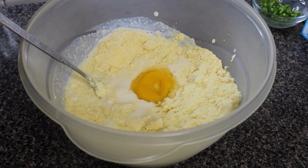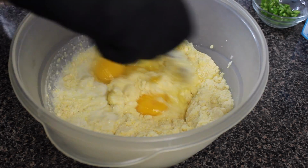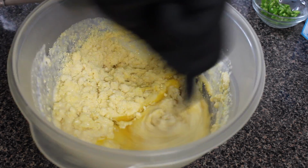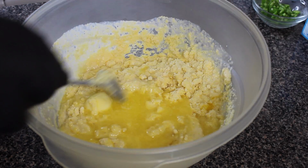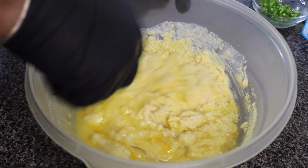So I then added in some buttermilk. I didn't want to use just regular milk. I had some buttermilk I needed to use all up. Y'all seen my other videos. I needed to use up that buttermilk. And so yeah, I used buttermilk just per the instructions. And I also added in some melted butter. Now, it didn't call for melted butter, but I like to just add that to it because it makes it